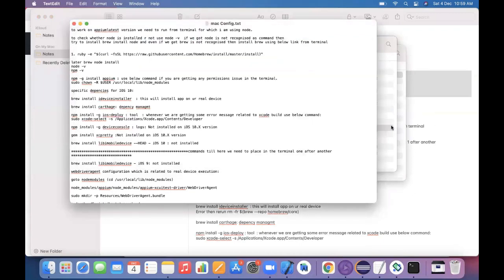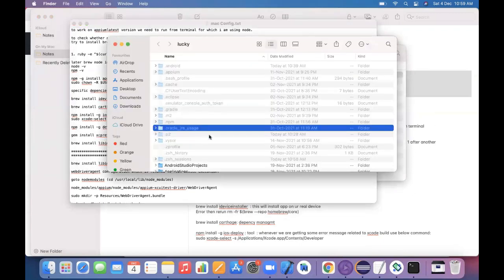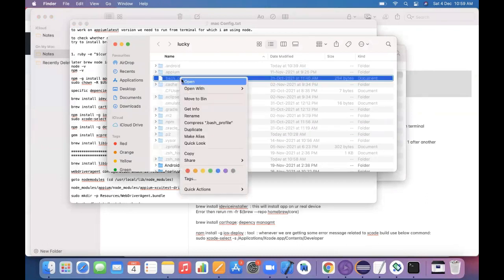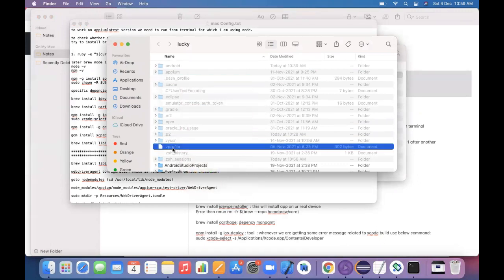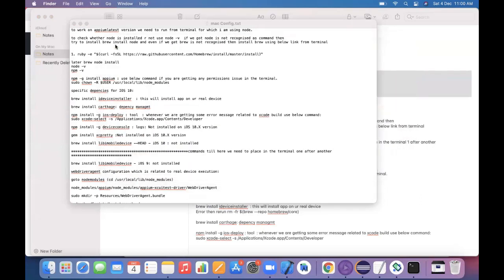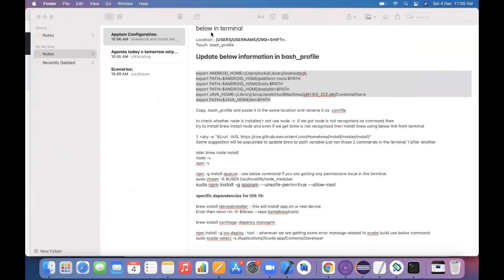And once you have updated this bash profile, in the same folder where you have the bash profile, right click on the bash profile, copy it and paste it again, and rename it to .zprofile. So on a Mac recently, what's happening is you need to update this .zprofile as well as the bash profile with all the required information like Android home and all those things. So you need to update these two places. Once you have updated these two files, basically the bash profile as well as the zprofile file,